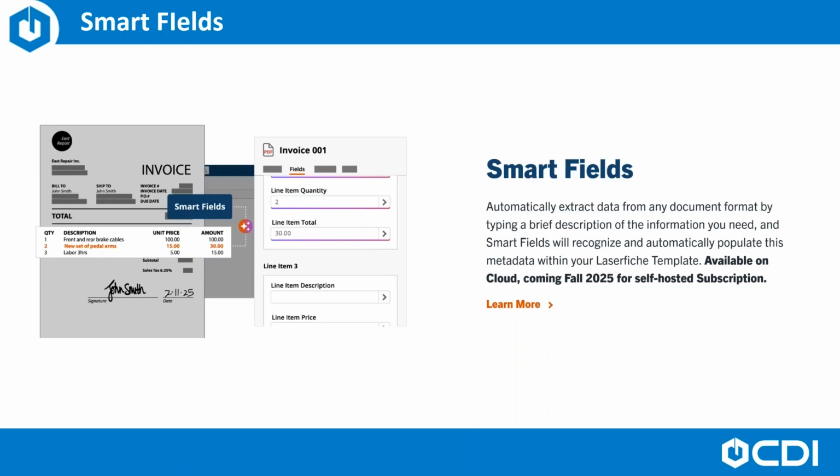So Laserfiche has released a new exciting feature called Smart Fields, and you can turn any document into structured and meaningful data automatically. Just one of many of the AI tools built within Laserfiche. Smart Fields is a powerful, flexible, intelligent data capture tool that works in virtually any use case. It supports multiple language models and languages. It allows for line item extraction, handwriting recognition, and complex table data extraction, and even more.